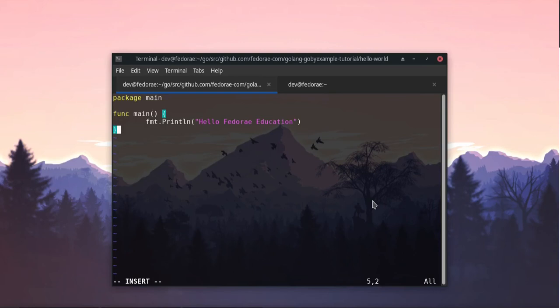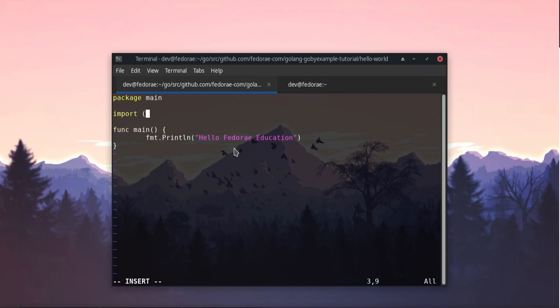And this will throw an error because you need to import the packages, and in addition to that, if you import a package and do not use it, it will throw an error as well, because Go is a strongly typed language. So what I'm going to do is just do the import,